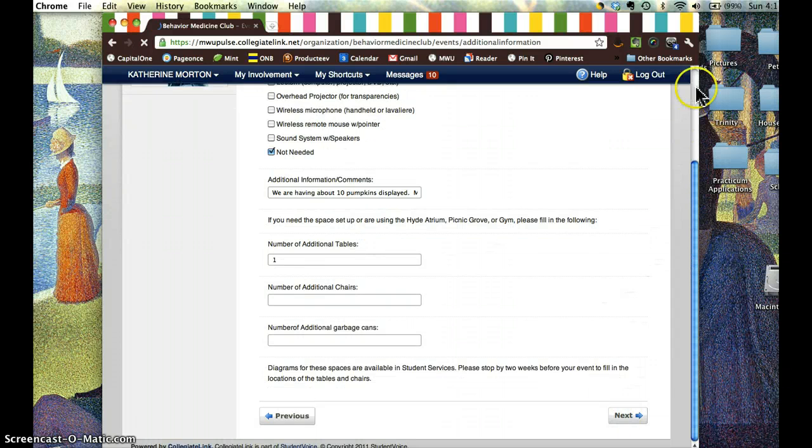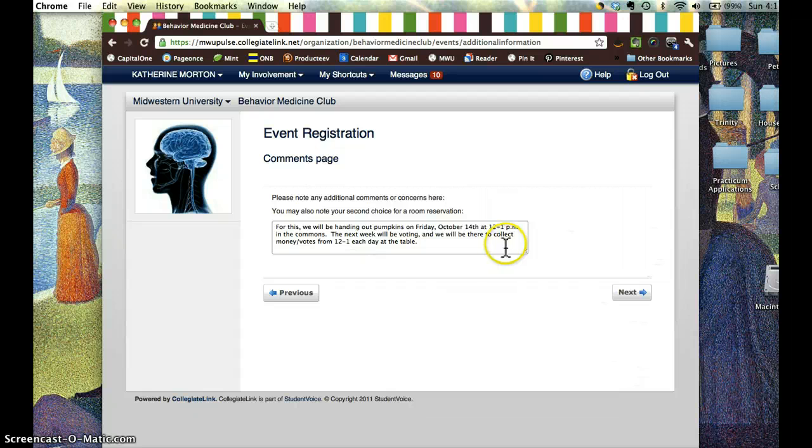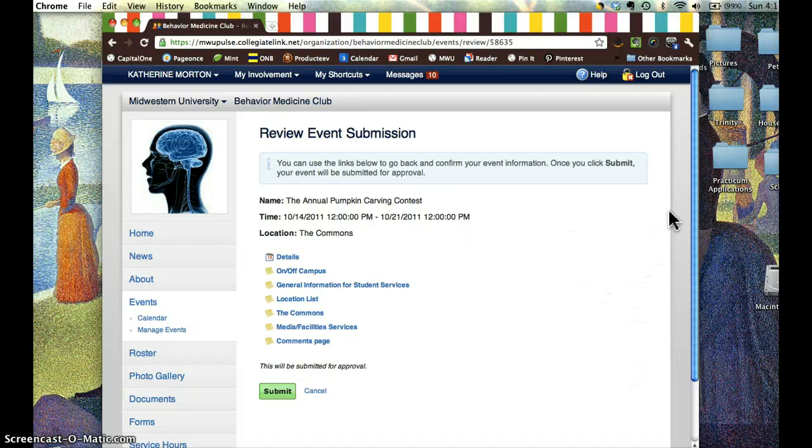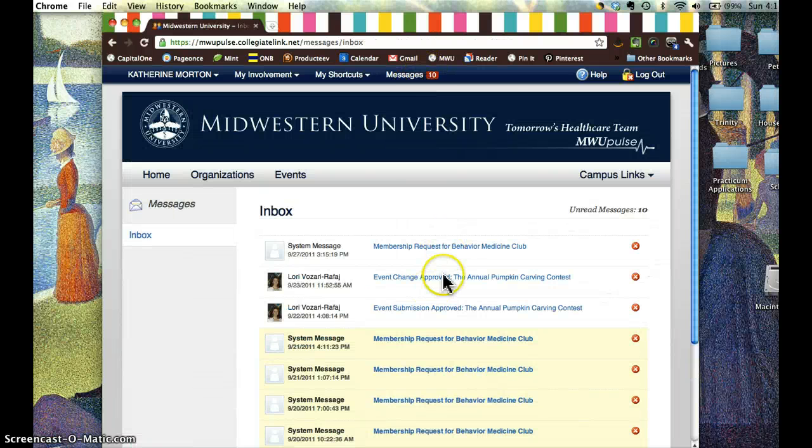I'm just going through this to let you see the very final page. Basically, there's the comment page, and whenever you click submit, there will be a button that brings up a text box that says why are you changing, just so Lori Vazzari has an idea, and you list it. You say, well, we've changed the date, or what usually happens, at least in our cases, we've added a poster or something that we didn't already have, and she will send you back a message, usually right here,